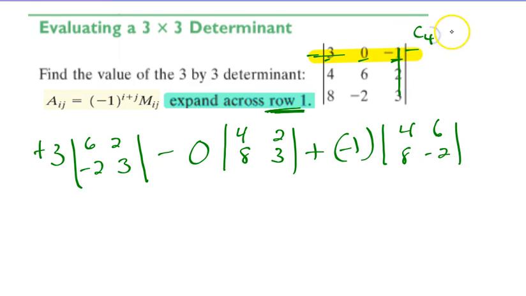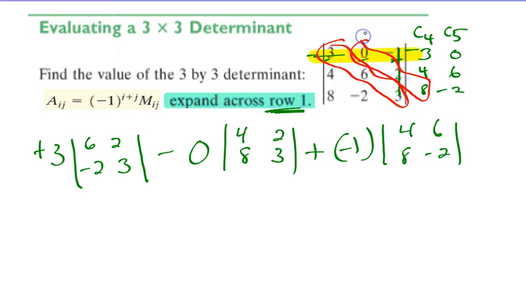Instead of creating column 4 and column 5 being the 3, 4, 8 like I showed you before, and the 0, 6, negative 2, and doing all of the peanut minus hot dogs, I'll get the same answer if I do that. But again, you're thinking, well, if I use numbers, I might as well just use my calculator. But my next example, I'm going to use variables. So just finishing this up,